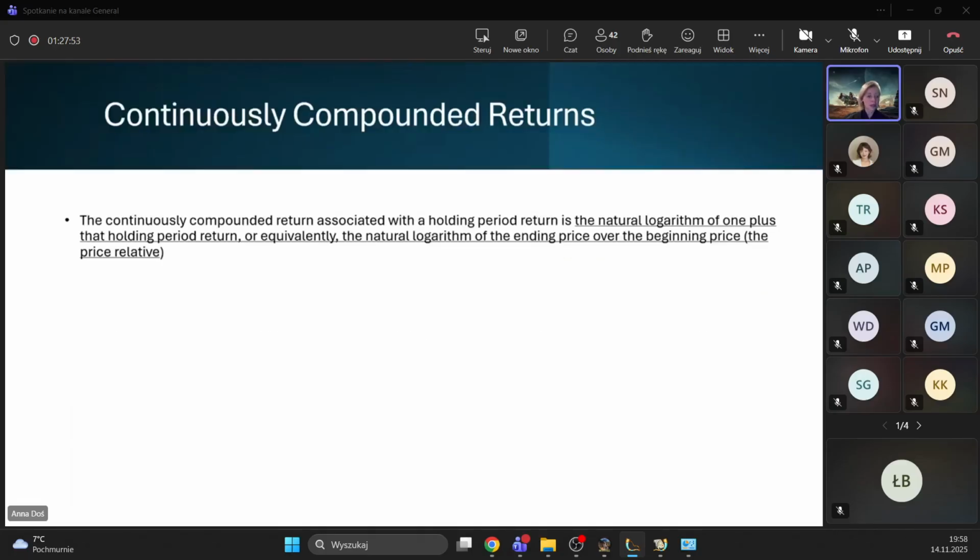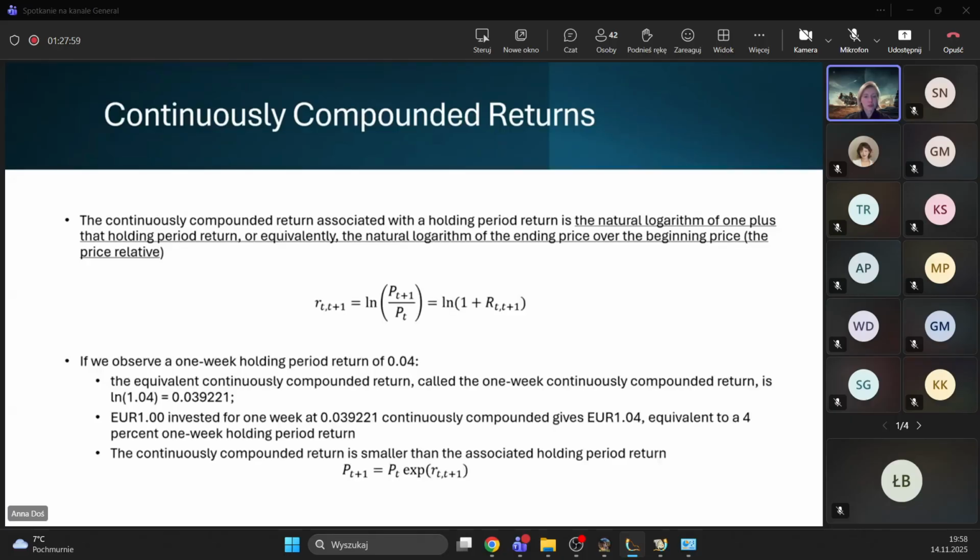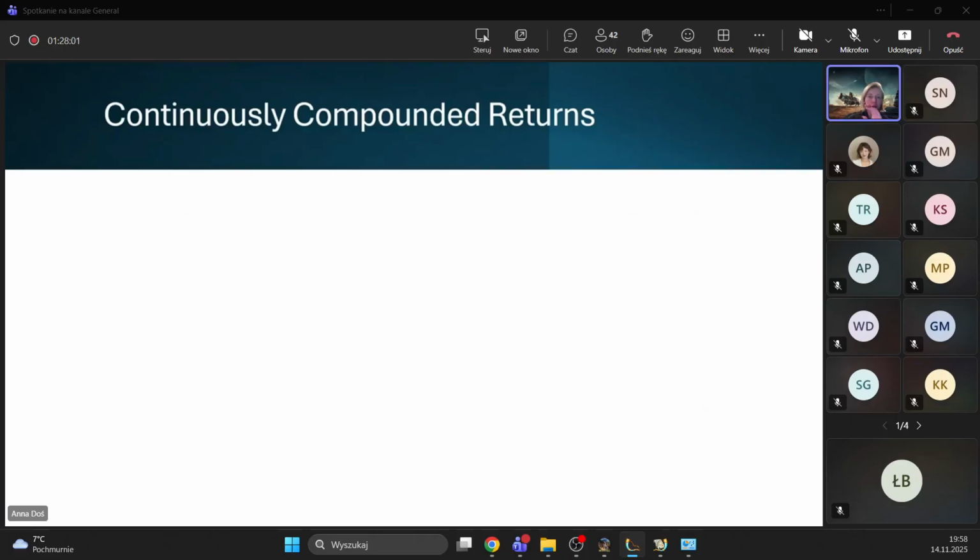Now, how much time do we have? Would you like to... Now I will just refer to one very important fact about the returns and the difference between simple returns and logarithmic returns, okay? And then we will have a short break. Do you agree? Yes. Yes? That's okay. Okay, so